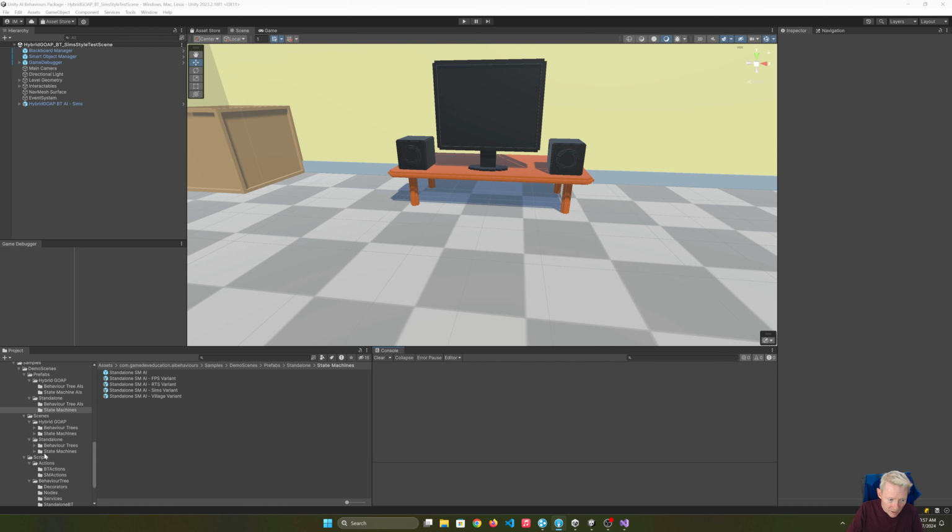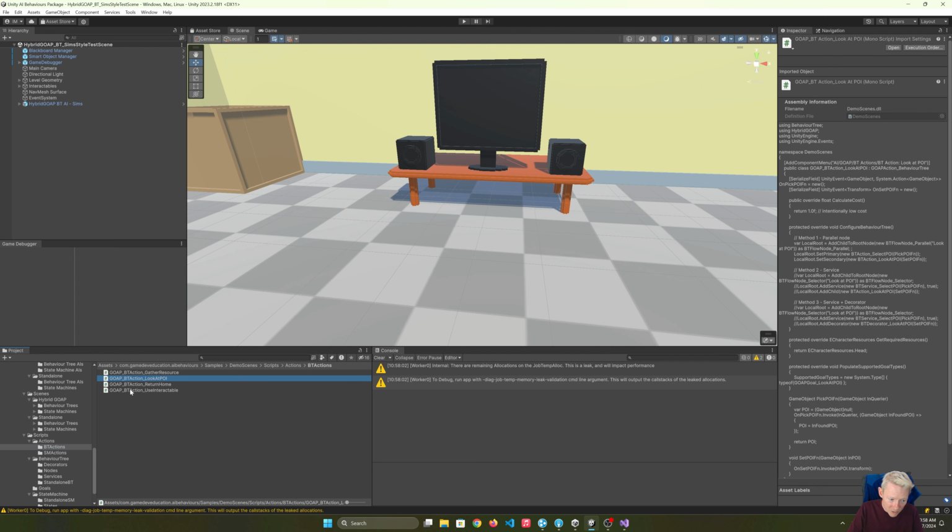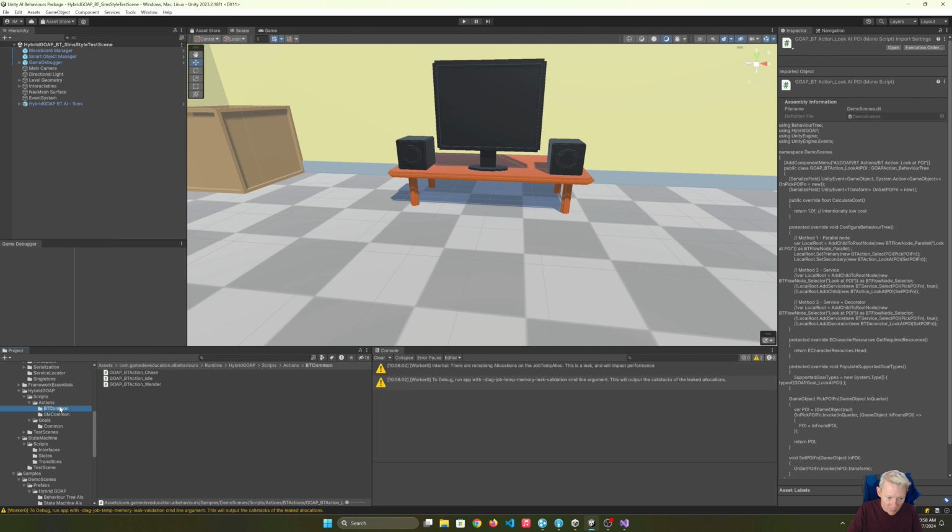Because if we look at where our code for those currently sits, if we take a look at a bunch of the different ones, look at point of interest sits in the samples logic. So I want to move that action up to a common set of ones because we already have our BT common folder there. So, okay, BT action wise,